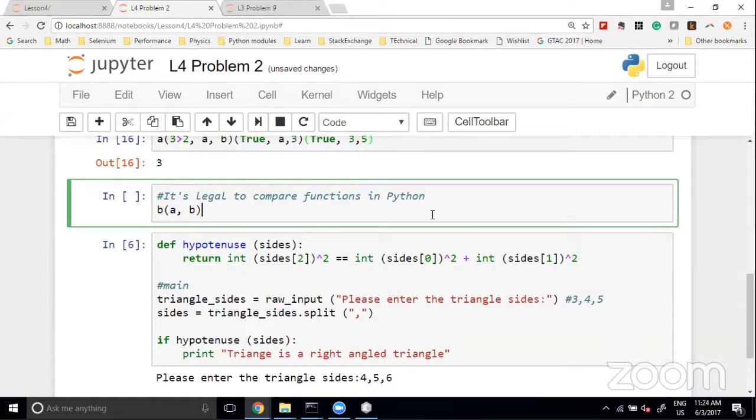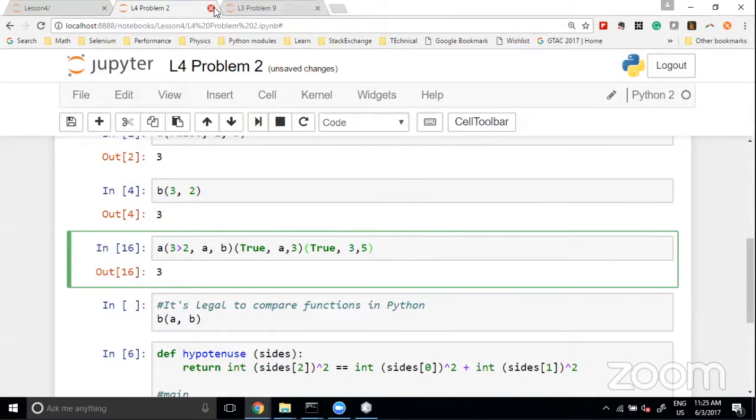Yeah, I agree. So there was a concept of function pointer in the languages I have used, like C, and pointers are actually a nightmare to learn. Pointer to pointer and